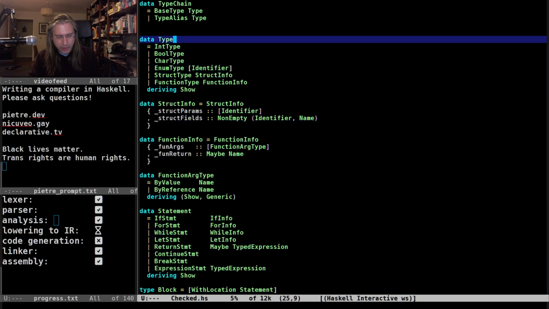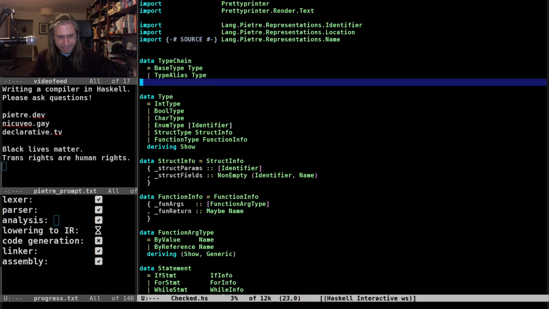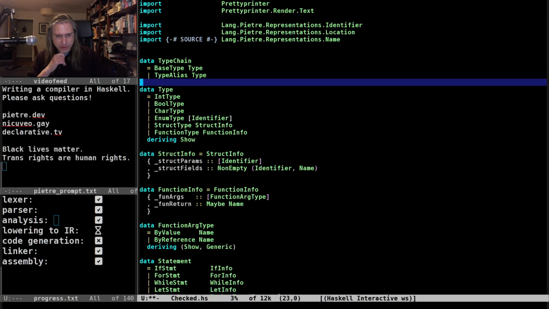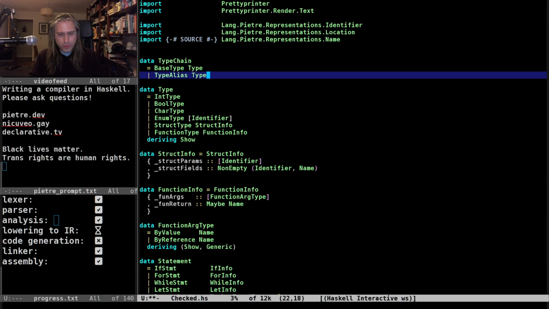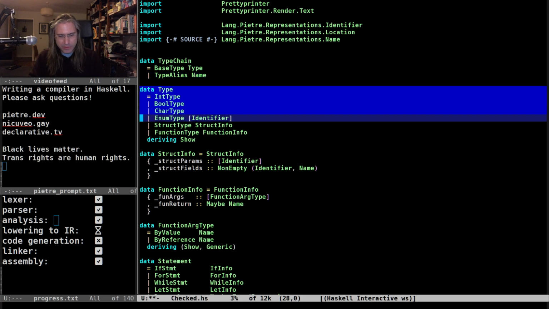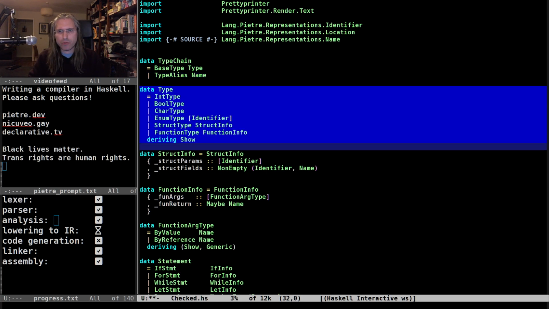And the idea of the type chain is that this allows me the notion of type aliases without encumbering my other information. And a type alias points to a name. I don't want type aliases to be in there. I want to be able to do the full substitution at any point. But to do that,